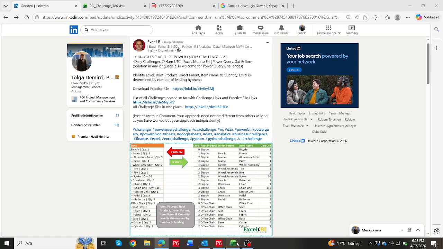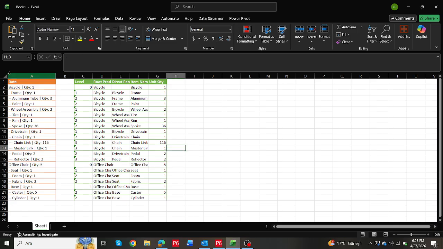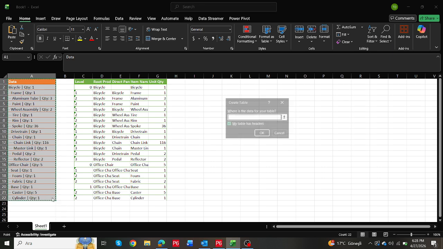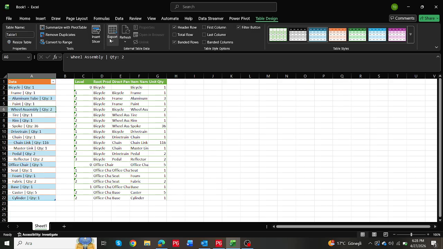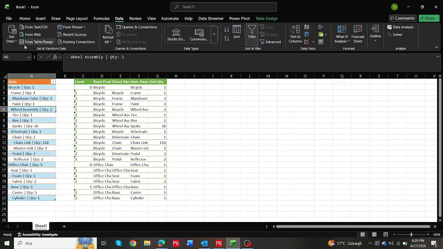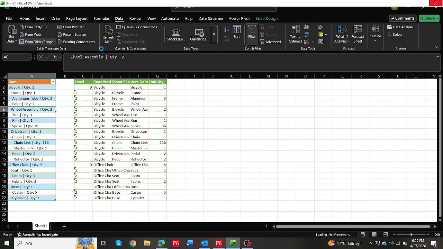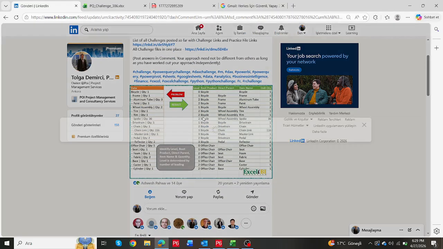So let's go to Excel, and I'm selecting all of the data. Control T. I press OK in here. Then I go to the Data tab, and From Table/Range. I go to the Power Query environment,